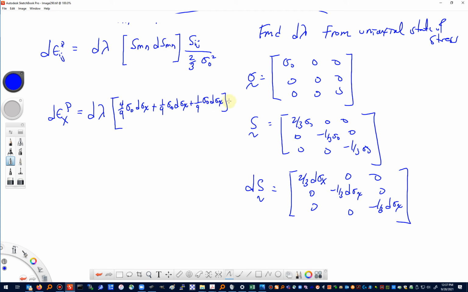We're going to have s x, which is 2/3 sigma naught, and we're going to divide all that by 2/3 sigma naught squared. Okay, let's see if we can simplify this down a little bit. We have 4, 5, 6/9